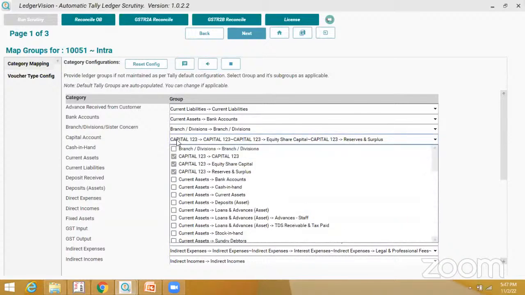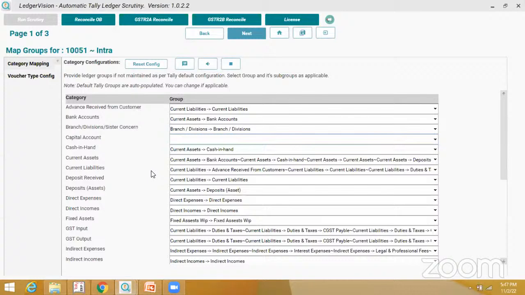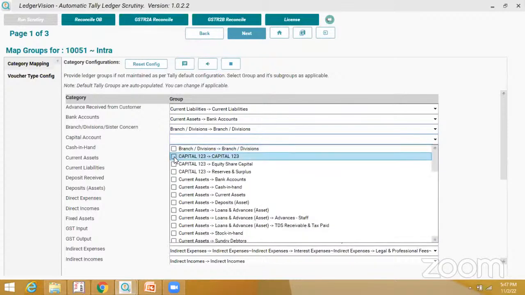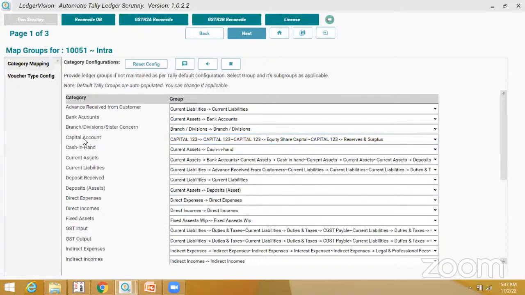Normally it will be shown as blank, or it will be shown as a name. So there are two possibilities: either that group is not available in Tally, or that name has been changed. So you have to manually go and tick the group name. Then whatever rules are written, for example on the capital category, whatever group is mapped in front of that category, the rules will be run on that group. Similarly, you can